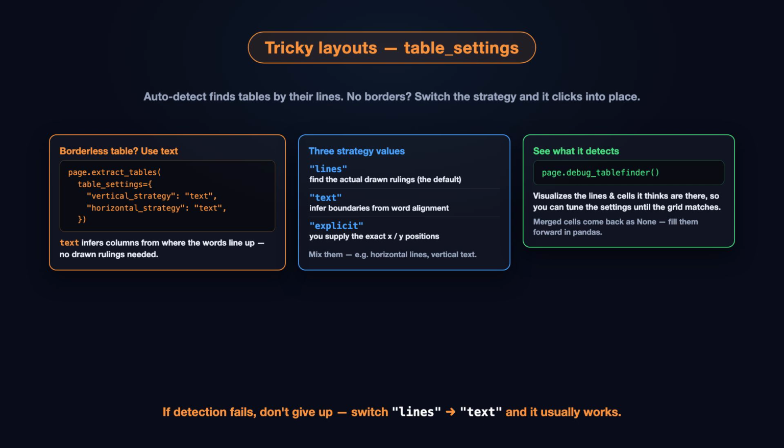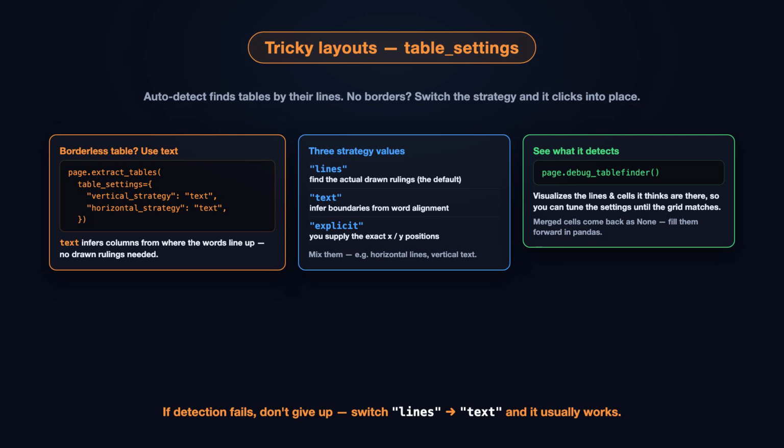If your table has no borders, the columns are only separated by whitespace, switch the strategy to text, which infers the column and row boundaries from the alignment of the words themselves. So for a borderless table you would pass table_settings equals a dict with vertical_strategy set to text and horizontal_strategy set to text. And when a table has, say, horizontal lines but no vertical ones, you mix them: horizontal_strategy lines, vertical_strategy